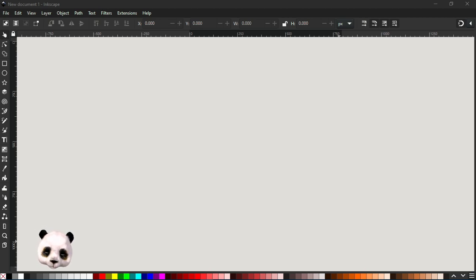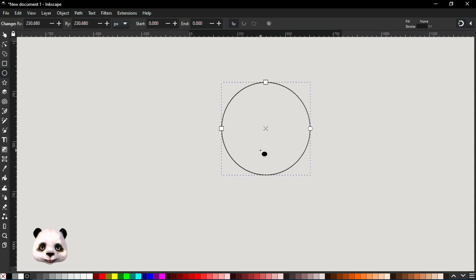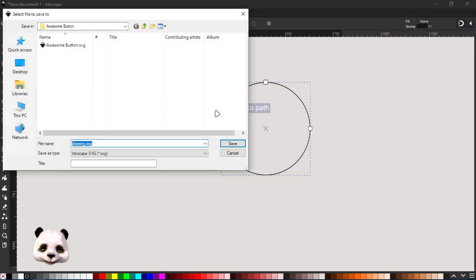So, what I thought of experimenting today is seeing the different types of ways we can save a file in Inkscape. So let's say, for example, I'm just gonna make a simple circle like this, no fill, no nothing, and we want to save it. So if I'm gonna do a normal save,